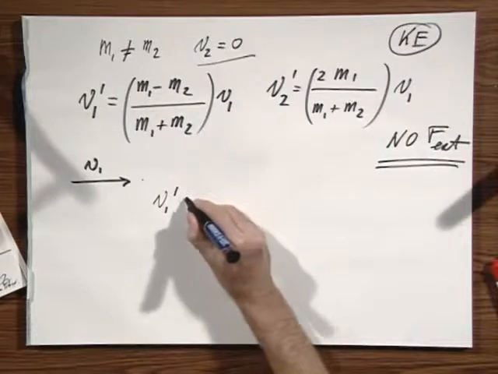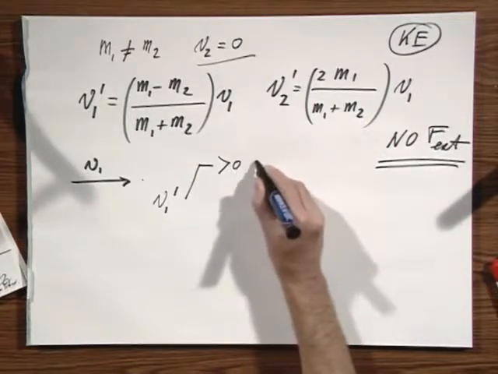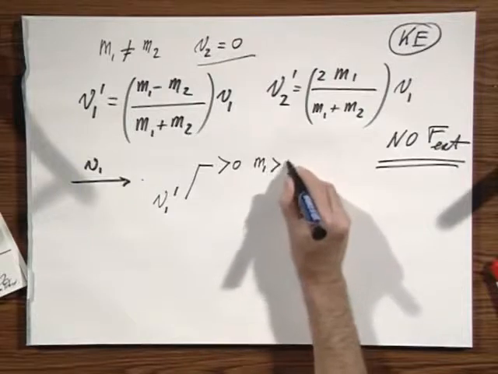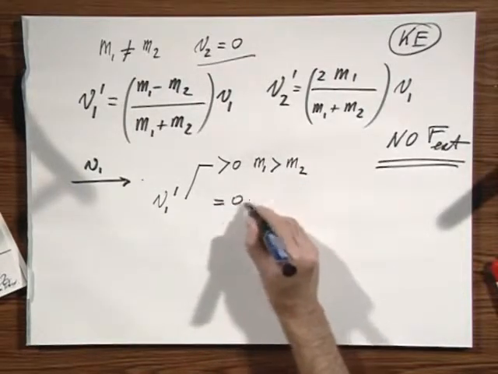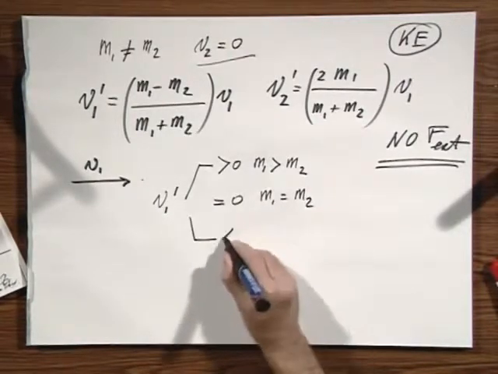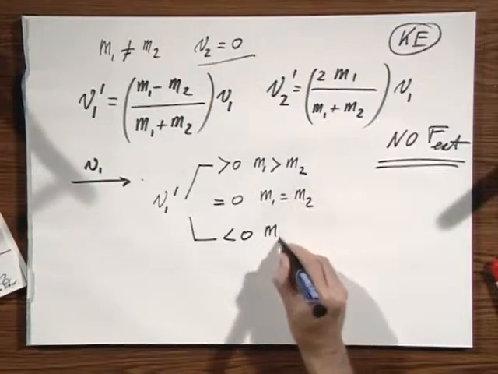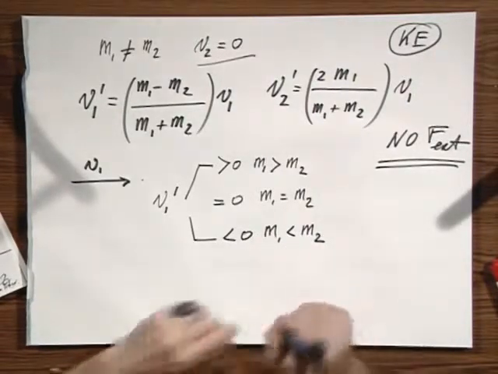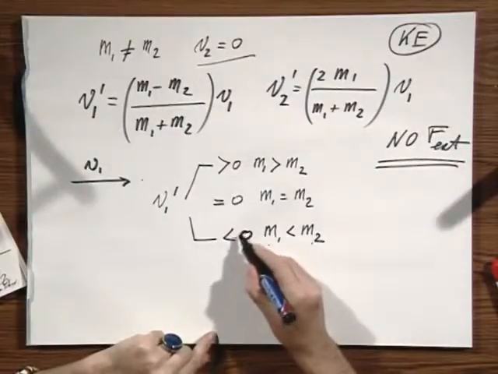prime has three options. It can be larger than 0 if M1 is larger than M2. It can be equal 0 if M1 equals M2. We saw that before, that's not new. But it can also be smaller than 0 if M1 is smaller than M2. And this is intuitively pleasing, because what it means is, if a small low mass ball, like a ping pong ball, collides with a baseball, or with a billiard ball, maybe a better example, then it can bounce back. It's intuitively pleasing, and you see that if M1 is smaller than M2, it will bounce back, it will go